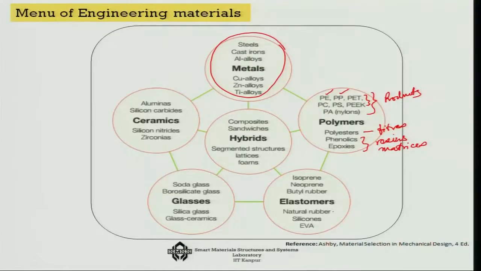Now, natural rubber was the first candidate in that direction, but since in nature you get only a limited amount of it, all other synthetic rubbers started, like butyl rubber, and then other elastomers like neoprene, isoprene, then the silicones, etc. So, this actually developed a group of elastomers, and one way in which the elastomers are characterized